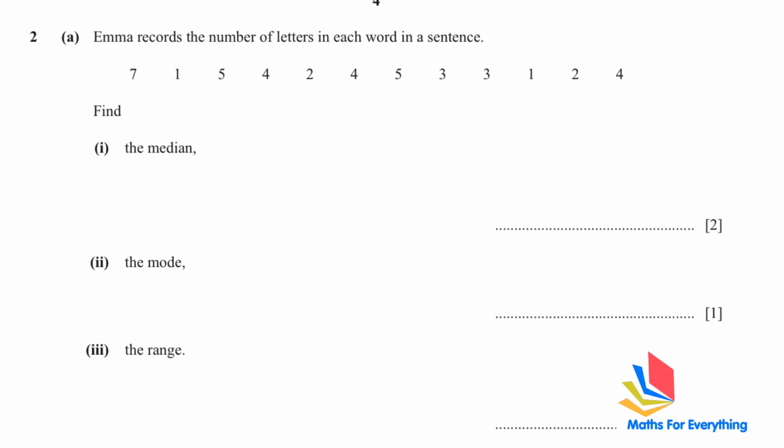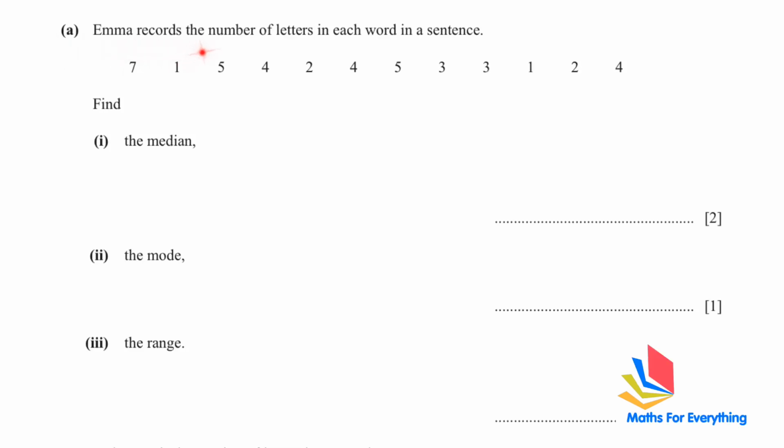Question number 2 is a statistics question. Emma records the number of letters in each word in a sentence. So these are the number of letters in each word in a sentence. Find the median. To find the median, we have to arrange it from small to big in ascending order. So this is the way we will write it. And now to find the median,